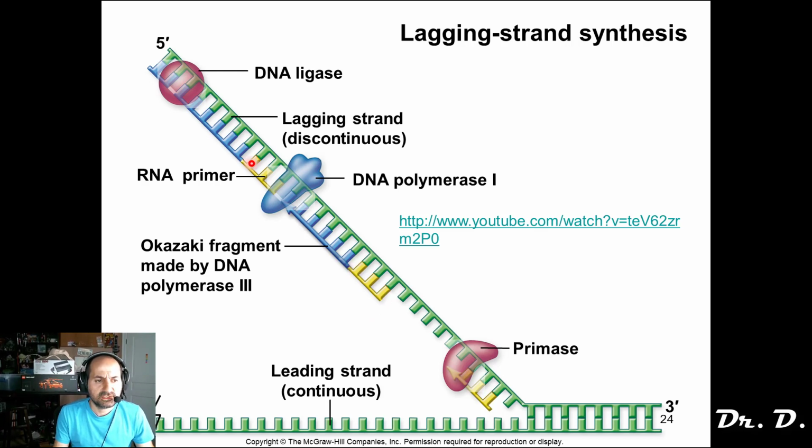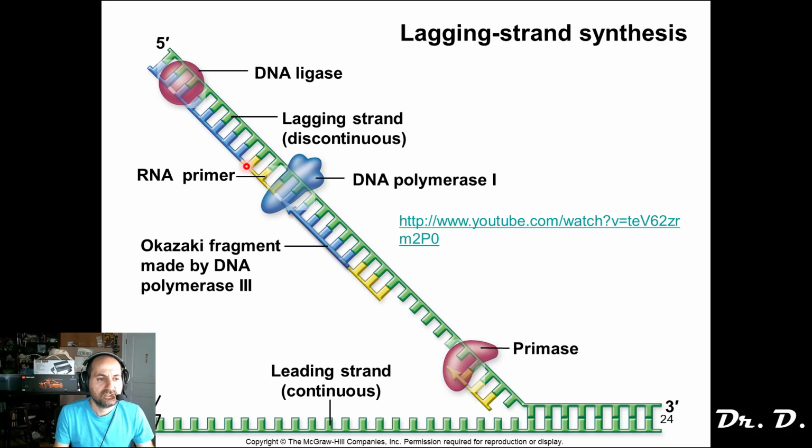So that results in a bunch of these Okazaki fragments, doesn't it? Well, what you need to know is after all this happens, you want to get rid of this RNA primer. See this yellow RNA primer? You don't want it there later on. So this other enzyme called DNA polymerase 1, its job is to come in after the fact and remove these primers, remove that RNA, by excising the RNA